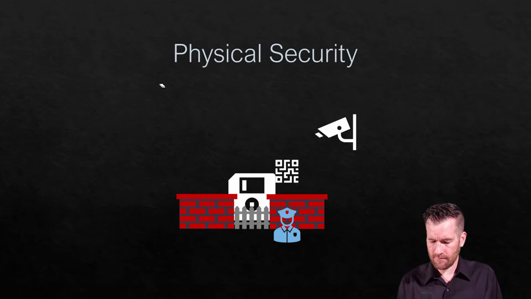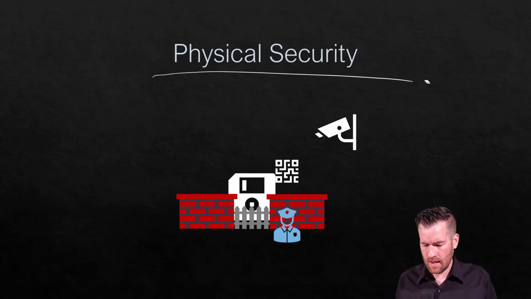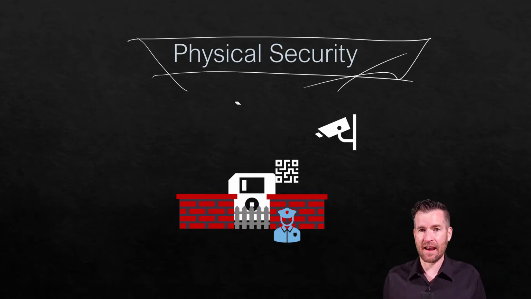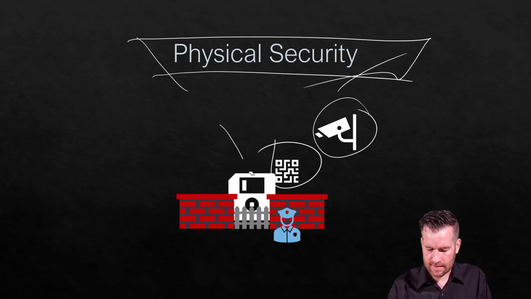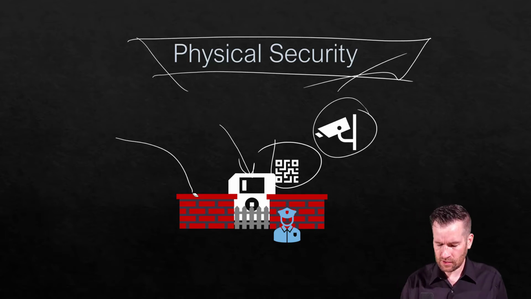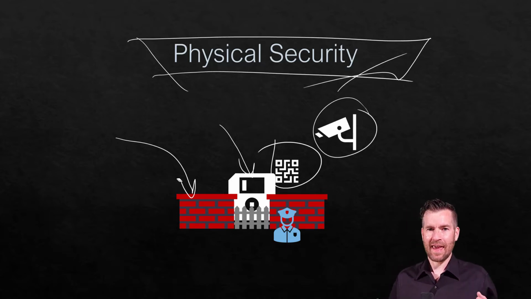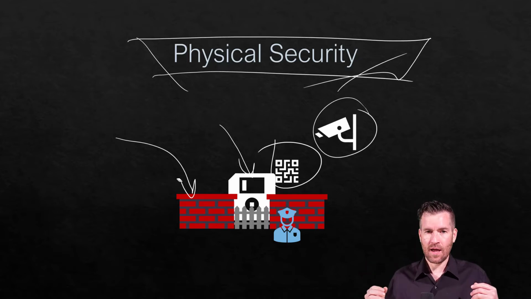I'm also going to mention physical security. We're not going to get real in depth into physical security within this course, but it is something that you definitely need to think about when you're talking about security, and a very important part of security. We have a lot of technological security that we put in place to secure our data, but we actually do need to put up literal walls around our technology. And we need to have locked doors, and we need to have locked cabinets, and we need to make sure not just that it's protected against hackers, because remember, security takes a much broader view, but